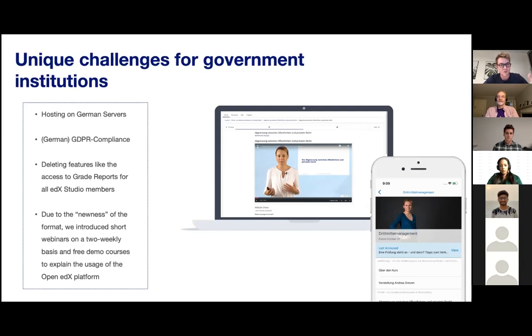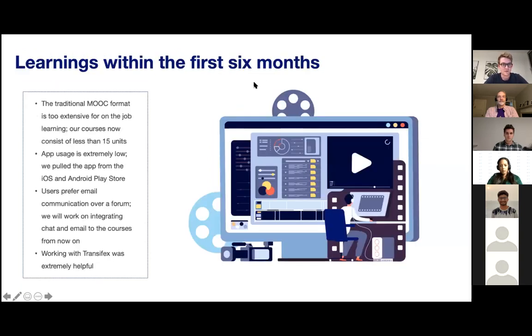especially because we try to get them through this process of maybe getting in contact with us, then joining the webinar, then taking the demo course, and building trust over time for them to, at the last stage, join the entire course. And then maybe some closing learnings, mistakes we've also made when introducing these formats: